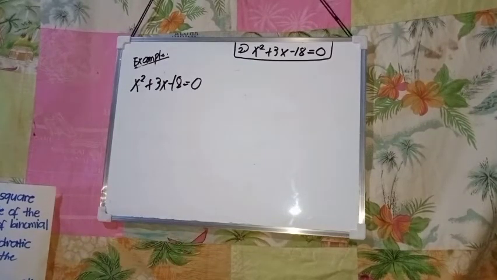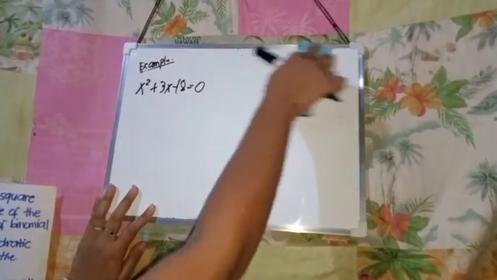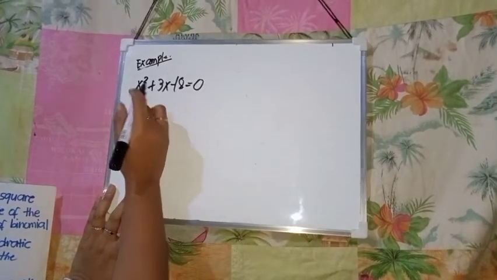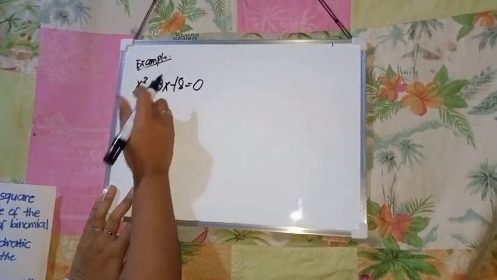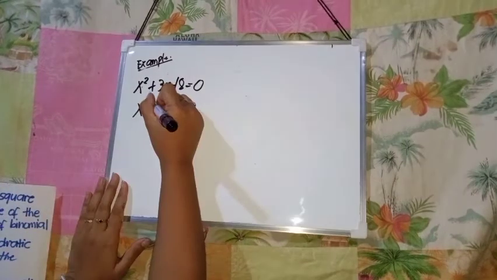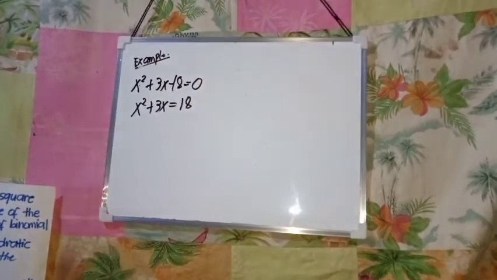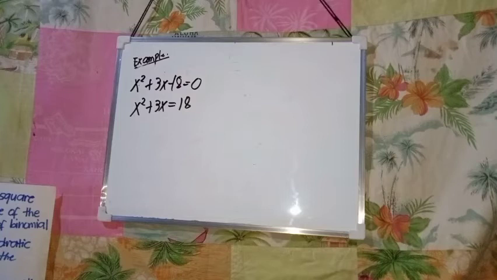As you observe, the value of our a here is already 1. So, we don't need to divide both sides by a. x squared plus 3x is equal to positive 18. Same as what we did earlier, we need to add the square of 1/2 of the coefficient of x on both sides to become a perfect square trinomial. The 1/2 of 3 is